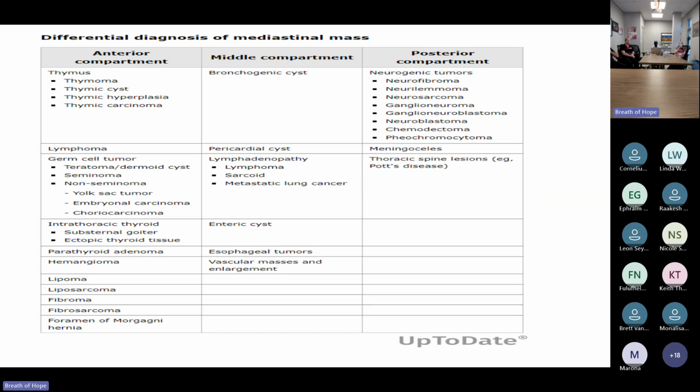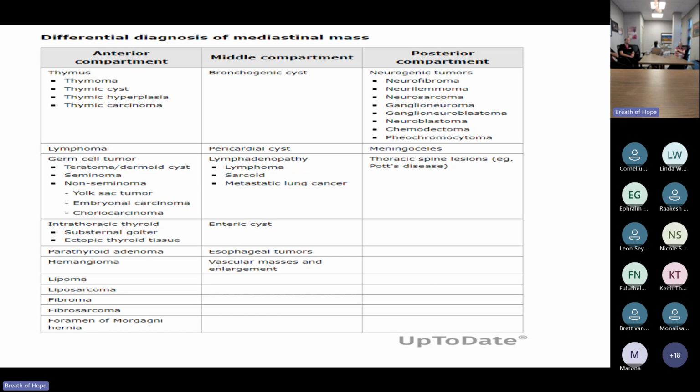In the middle compartment, of course, will be bronchogenic cyst, which we see quite a lot in pulmonology, pericardial cyst also, and lymphadenopathy such as lymphoma, sarcoid, and metastatic lung cancers. And then, not forgetting enteric cyst, which is related to the intestine, and then esophageal tumors, vascular masses, and enlargement. The posterior compartment is very straightforward, which will be neurogenic tumors such as neurofibroma and neurilemmoma,